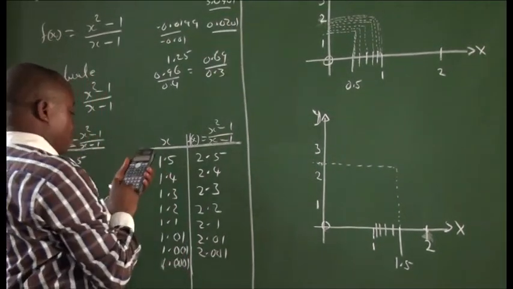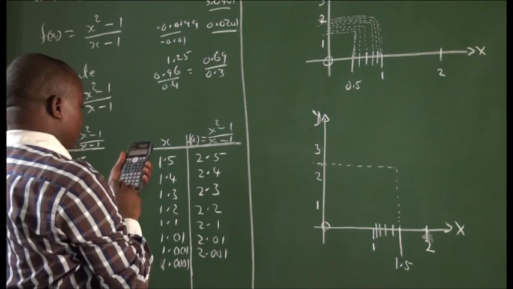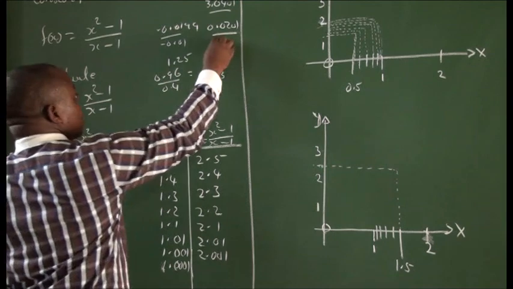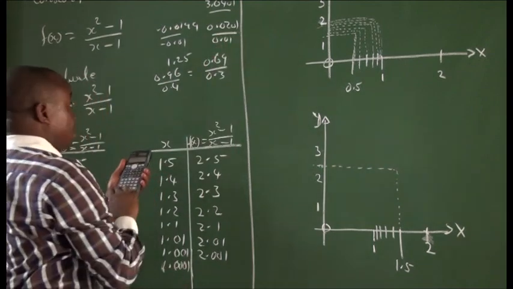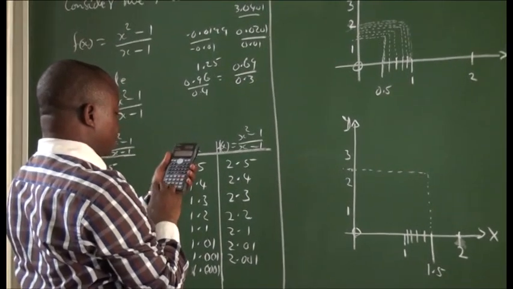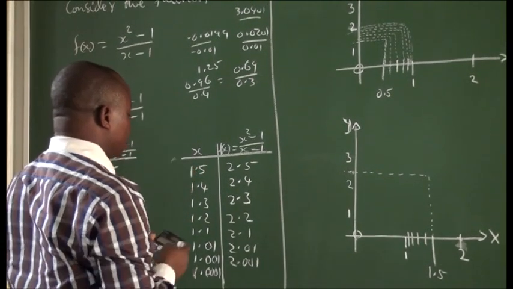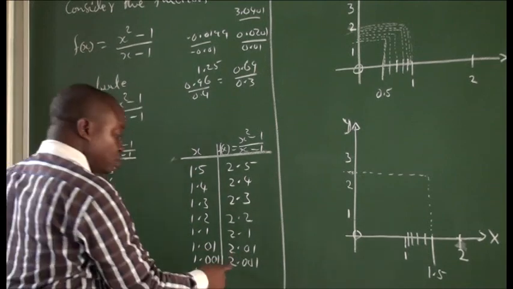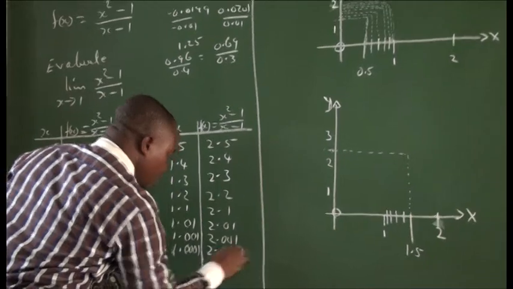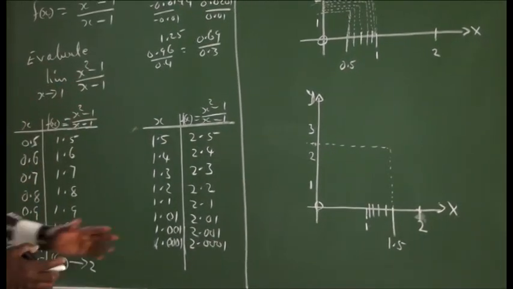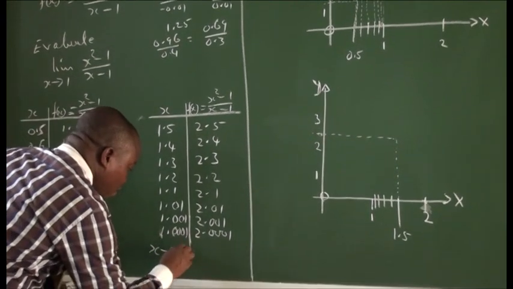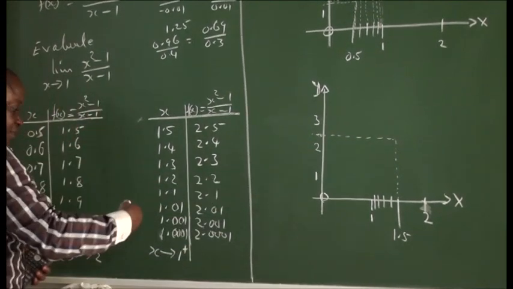Then the downside, 1.01 minus 1, gives you 0.01. Now 0.0201 divided by 0.01 gives you 2.01. All right, so this is 2.01 and this is 2.001. Now what it means here, as we have seen, is that as x approaches 1 from the positive side,